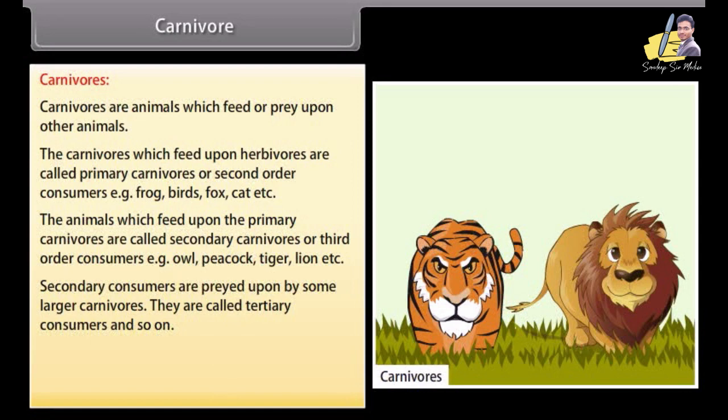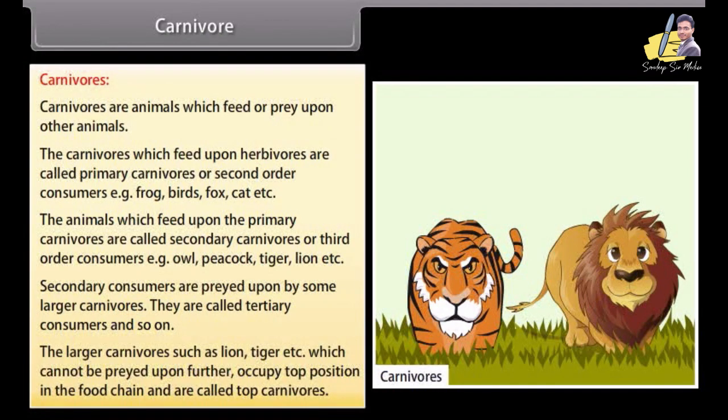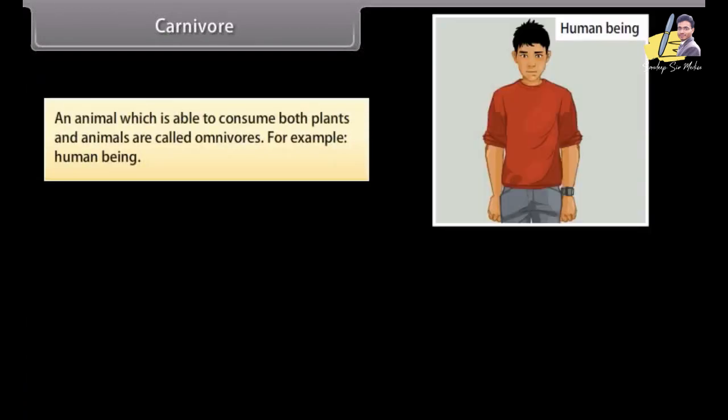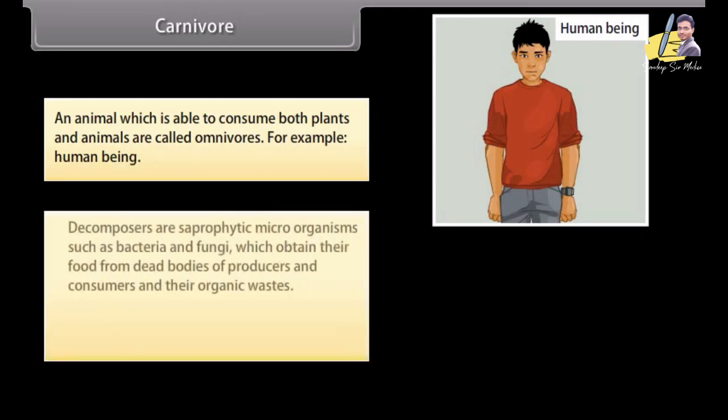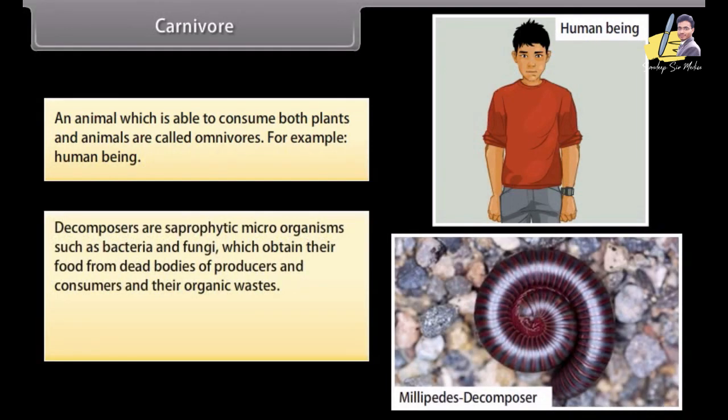Secondary consumers are preyed upon by some larger carnivores. They are called tertiary consumers and so on. The larger carnivores such as lion, tiger, etc., which cannot be preyed upon further, occupy top position in the food chain and are called top carnivores. An animal which is able to consume both plants and animals are called omnivores. For example, human being. Decomposers are saprophytic microorganisms such as bacteria and fungi, which obtain their food from dead bodies